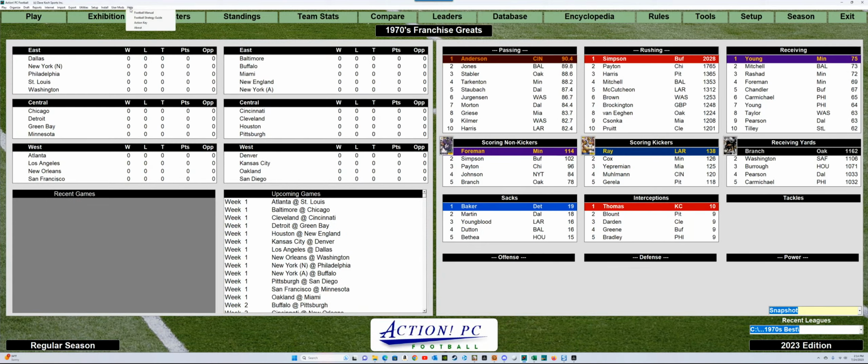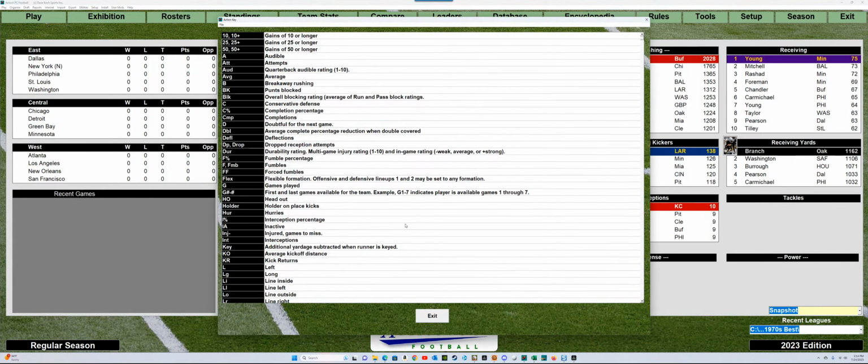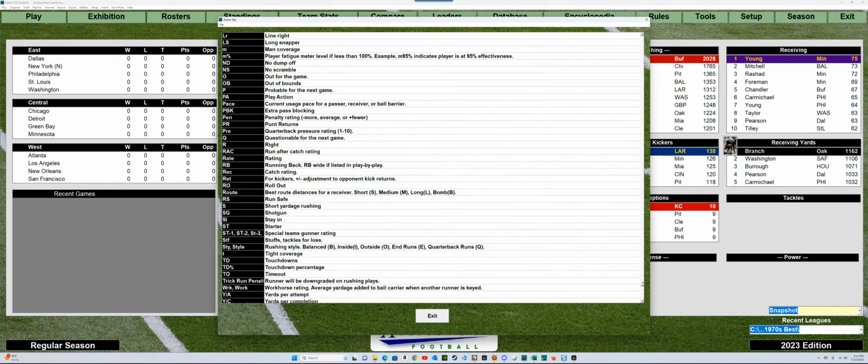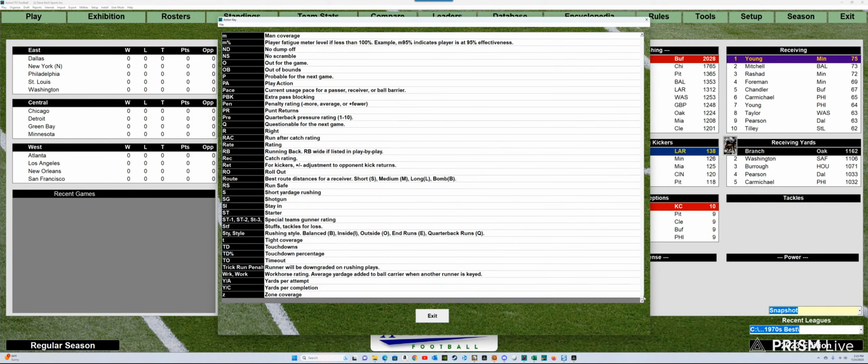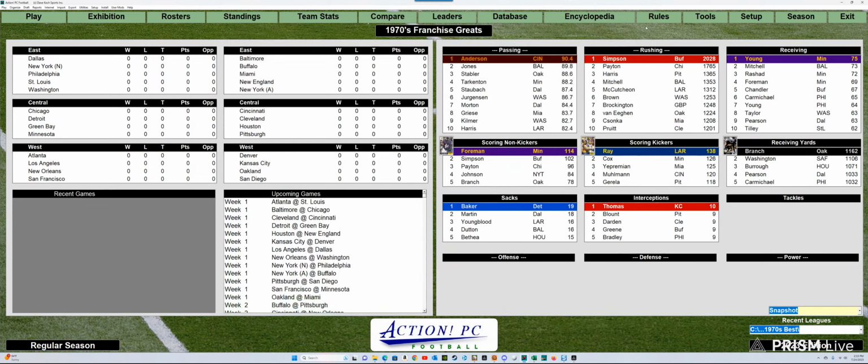This is cool right here. So, action key. You'll see people on the forum sometimes say, what does this mean in the game? This is an actual key that they started including that shows what all the things in the game mean. And I believe